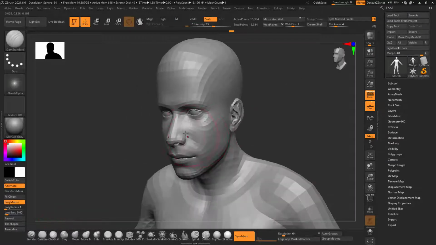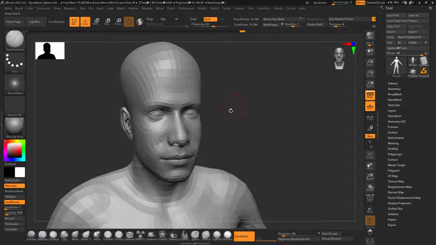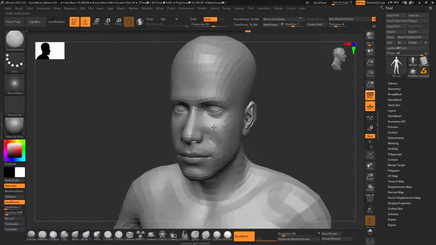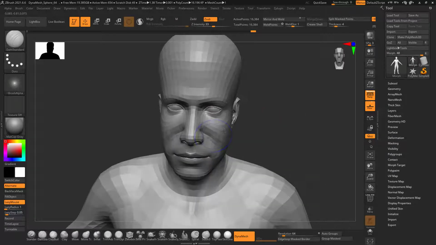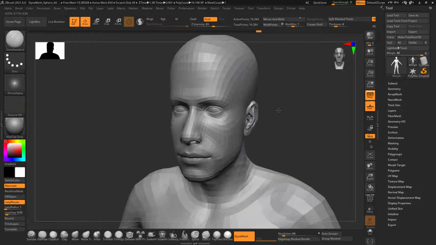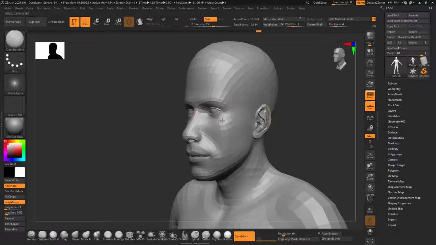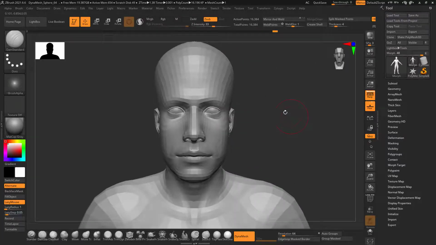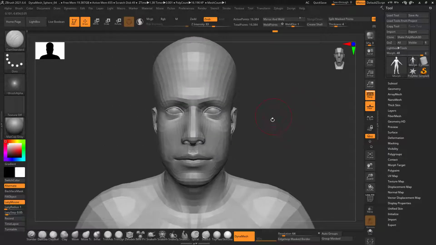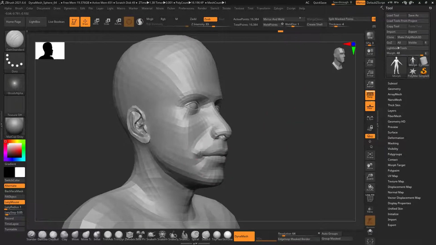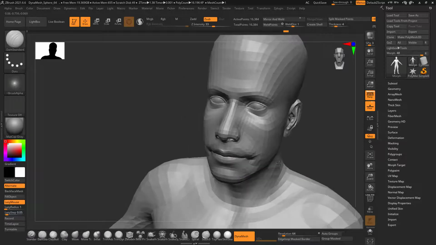Alright, let's add some more changes. The reason is that we are making changes to the base mesh, and the finer details in the skin and all these things are going to be created in any other software. We will export the normals, and that's how you will be able to add the details.